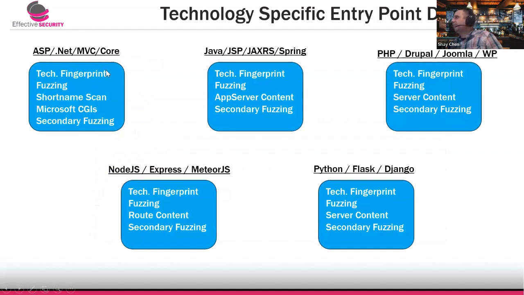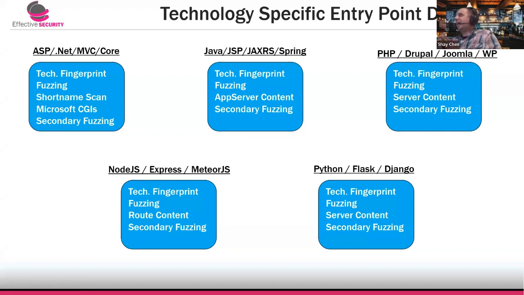If I would do a fuzzing for SMX, SPX, SHX, the typical technology extensions, then I would spice it up with exploits that get me additional content. For example, in .NET, there's the short name scanner exploit, which gets you additional information. And then you can run short name scanner on the root URL and on sub URLs, etc. So that's an example. We don't have enough time to explain it, but the short version is you have a